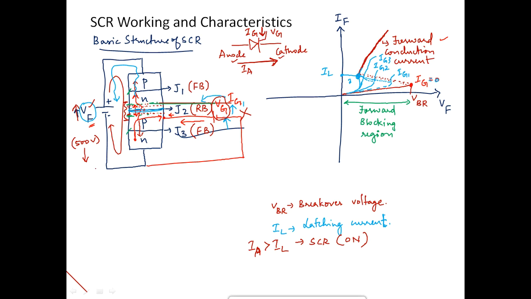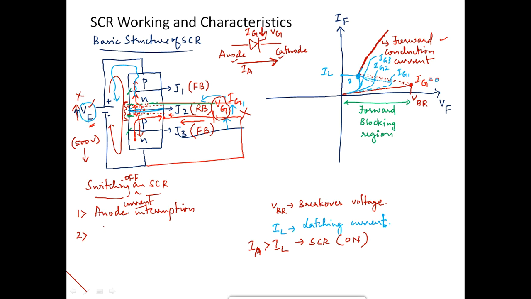So there are two methods for switching off the SCR. I'll just be writing them. Switching off an SCR can be done by two methods. The first one is called anode current interruption. What do you mean by anode current interruption? Just remove the input voltage itself. That is one way. And the second way is